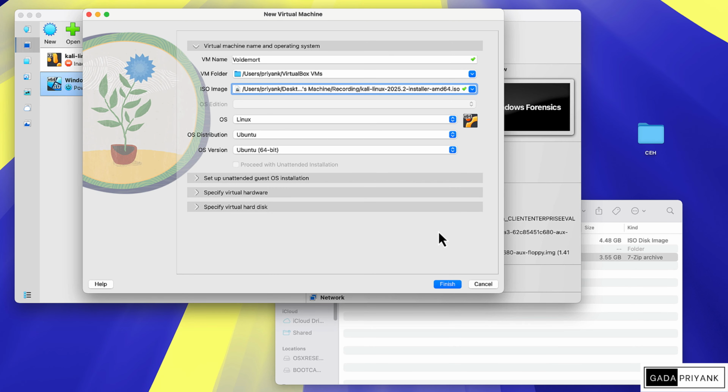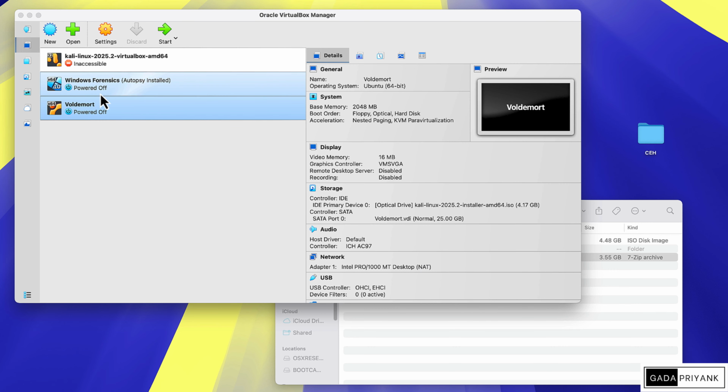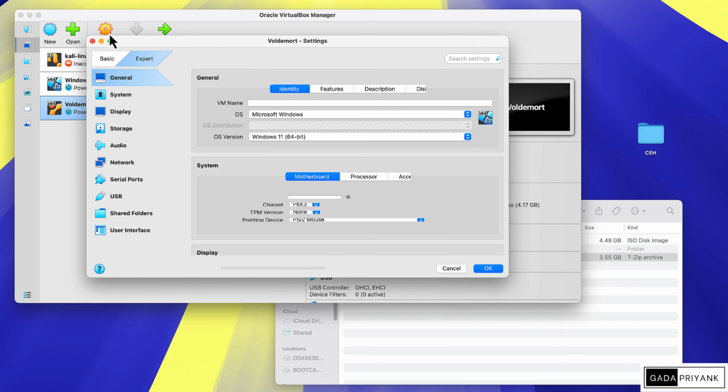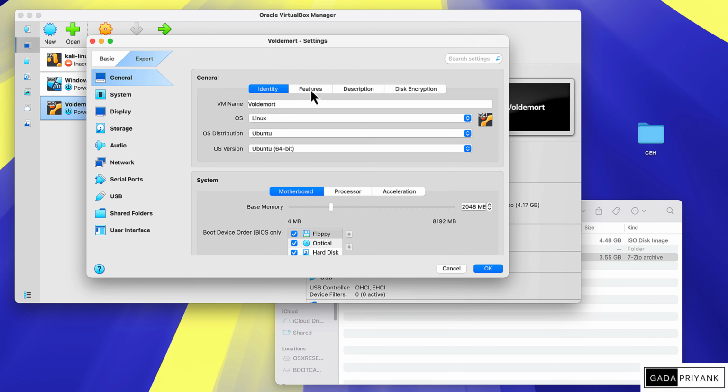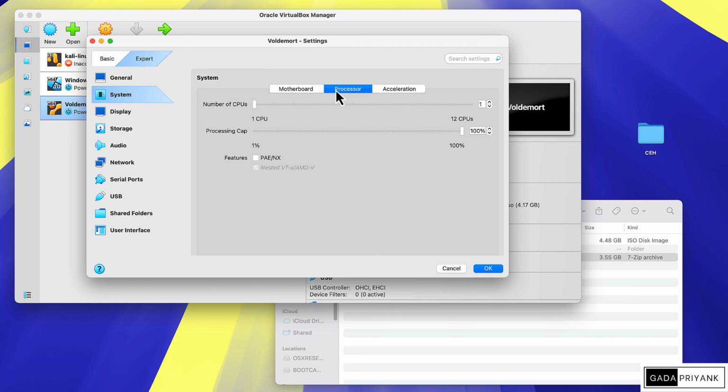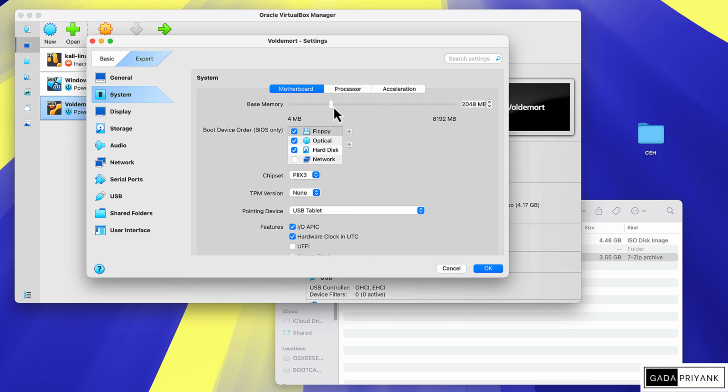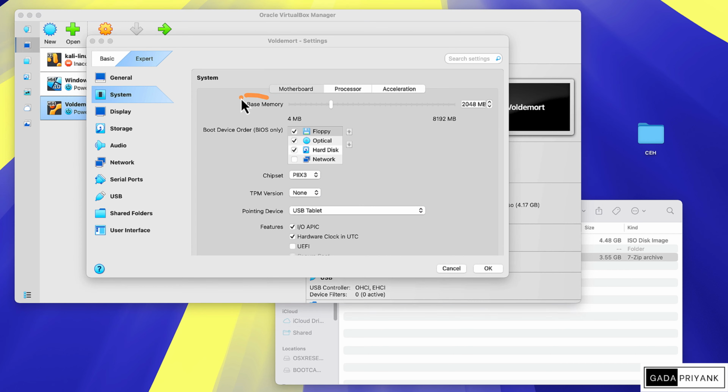Once you have selected it, everything else can be default, but I would like to show you a few settings of the virtual machine, or VirtualBox, before the installation. So click on Settings, and there are a lot of tabs on the left-hand side. In the General tab, you can configure the processor, the motherboard, and the base memory, which is basically the RAM. For me, the RAM is 8 GB, and you can scroll the wheel to increase or decrease it. Make sure the base memory is not more than half of your actual memory.